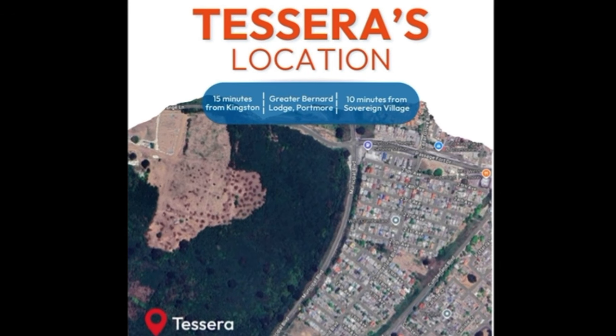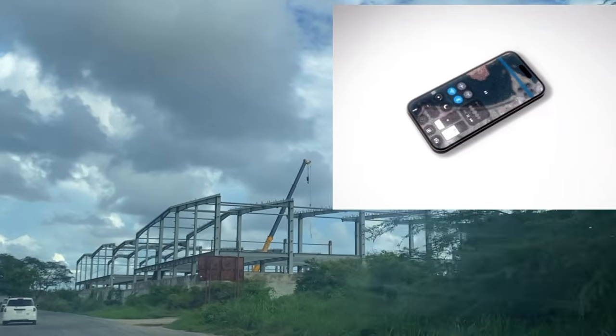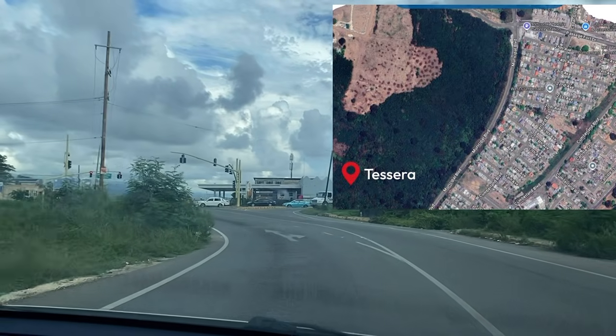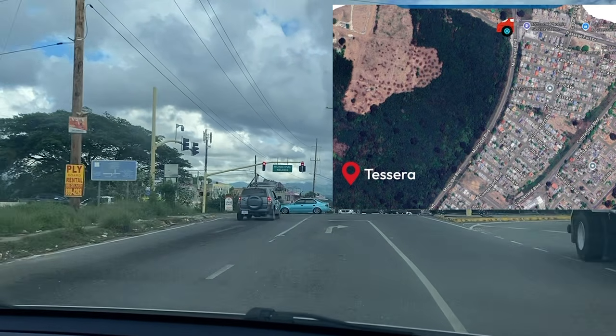The Tessera is in Bernard Lodge. I'll be circling this right here. So I'll be coming up on this road right here, turning here, and then going down the other section of Bernard Lodge to show you how that's looking now in Portmore. So if you look on the map, you'll see where actually